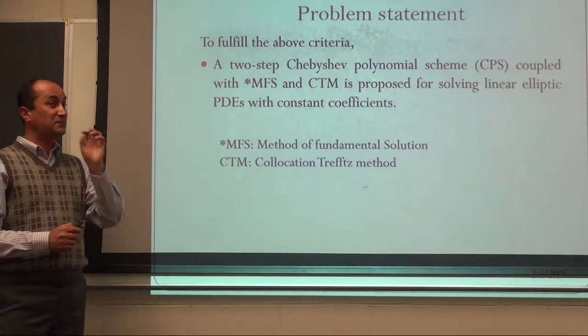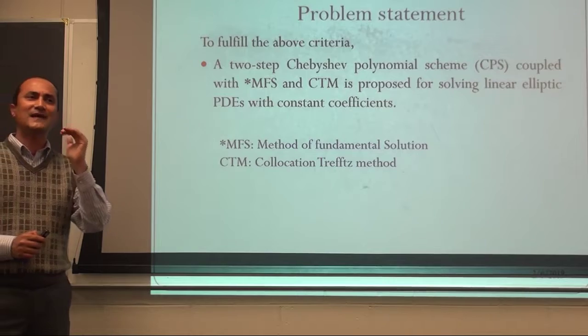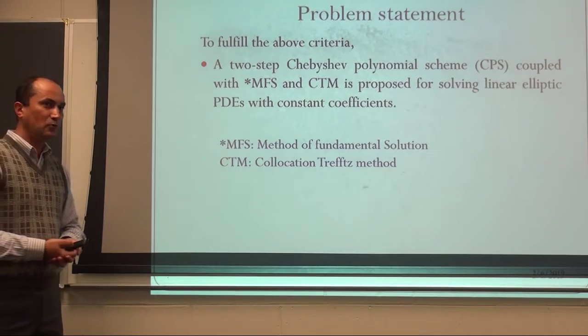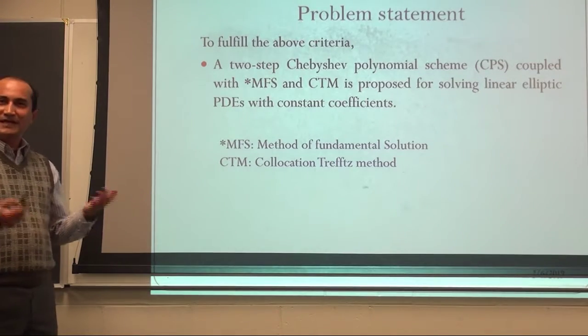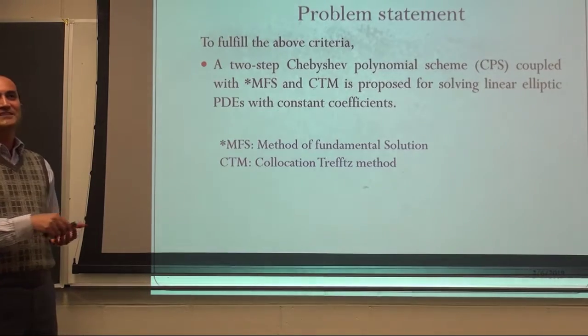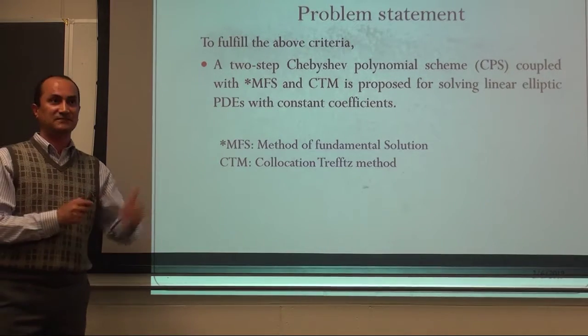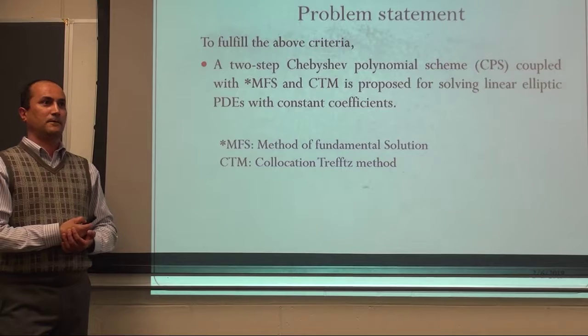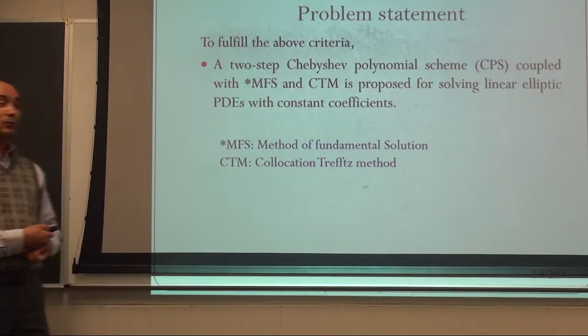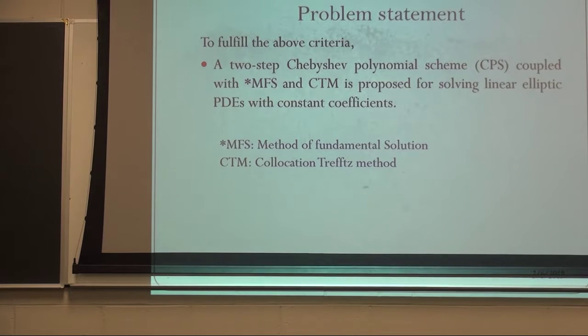I chose the Chebyshev polynomial because it has a nice property. I think most of you know what a Chebyshev polynomial is. It has very nice properties, and due to that I use Chebyshev polynomials as basis functions to solve some linear elliptic PDEs with constant coefficients. There are two parts, actually: I have a two-step and a one-step scheme. So here I just wanted to show you the two-step Chebyshev